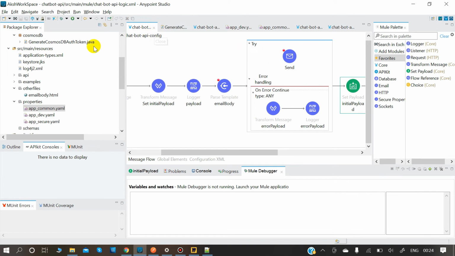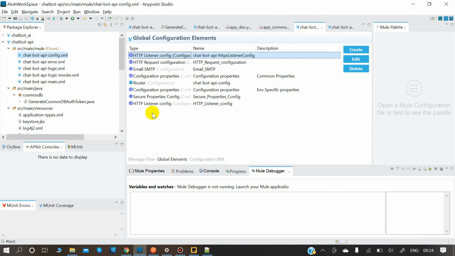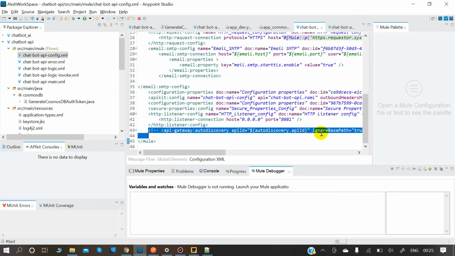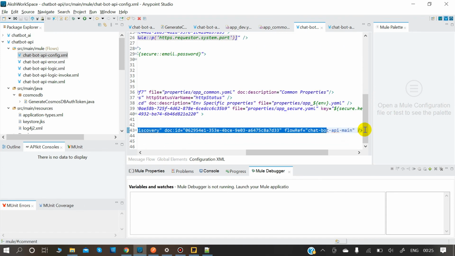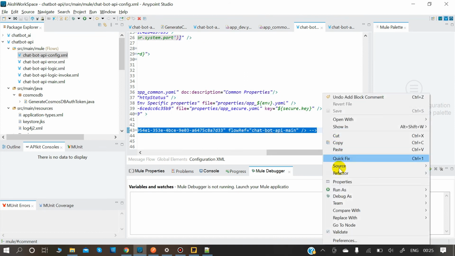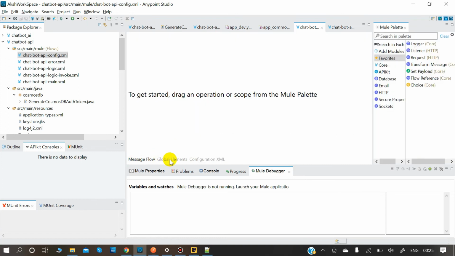The first thing that you would do is, from this config, come to configuration XML, and you will try to remove this, not remove, basically unmask this, uncomment this code. That's what we call it. Yeah, so Control-S to save.